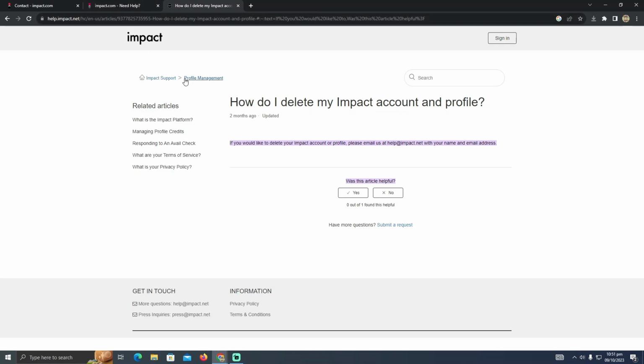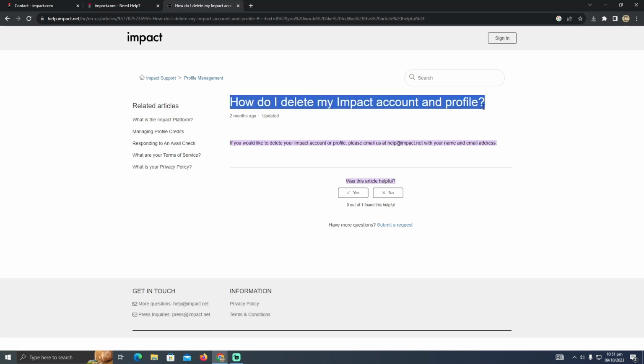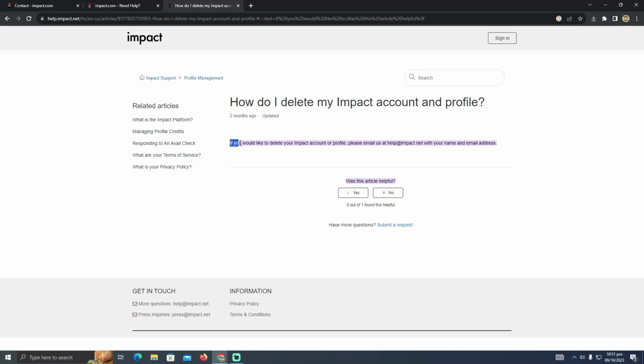be able to see an option with multiple problems that you're facing. You just have to look for this problem, which is "How do I delete my Impact account and profile?" And as you can see, it is written right there. If you would like to delete your Impact account or profile, please email us at help@impact.net. You just need to remember this email, which is help@impact.net, and you need to email your name and